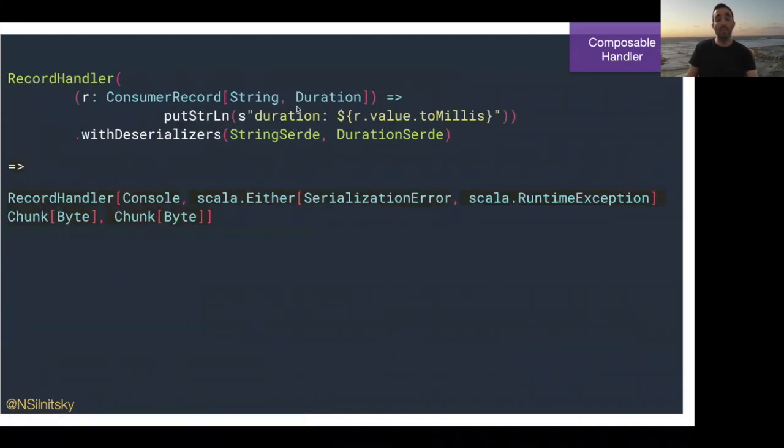And here we see an example of a record handler where the type of the value is duration here. So we need to provide the duration deserializer, and then we are able to access the fields of duration in the handler logic. And the type of the composed record handler here is with a chunk of bytes for both key and value, as we saw earlier that the deserializer allows us to get from this chunk of bytes to